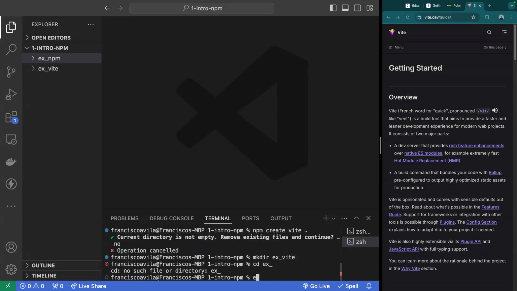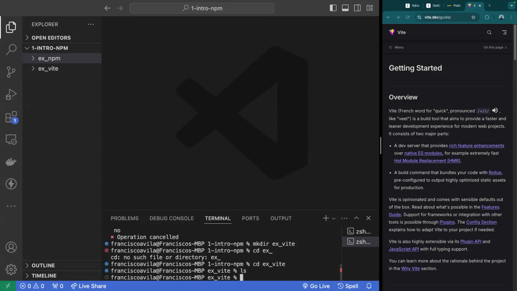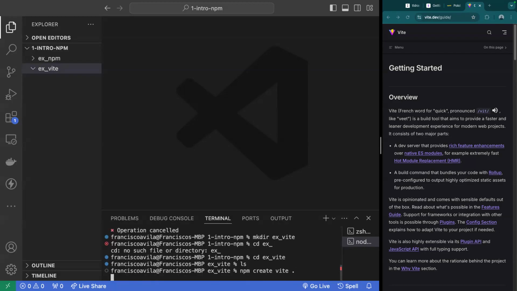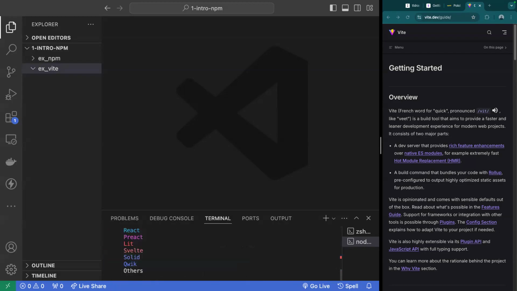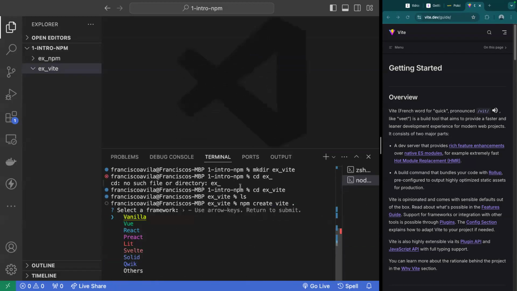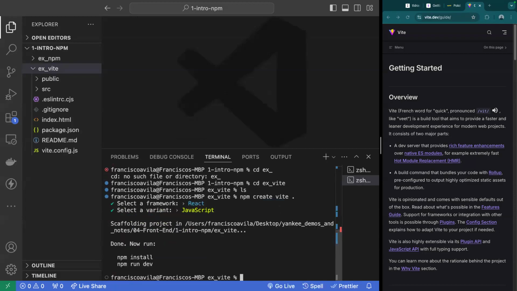We'll change directory into example Vite. You'll see it's an empty directory. There's nothing in there. Now I can run npm create Vite period. It goes into asking me the framework and then asks me the name this time. I choose React, I choose JavaScript, and you can see that it creates it all within the directory that I